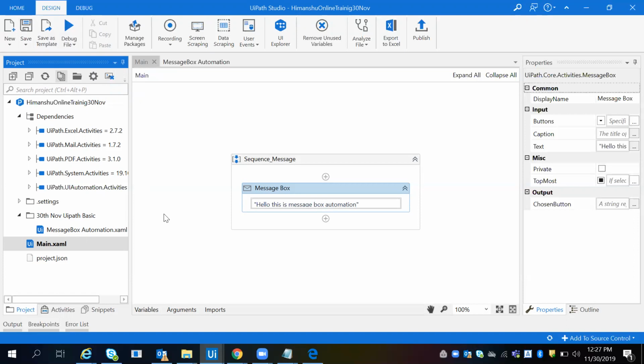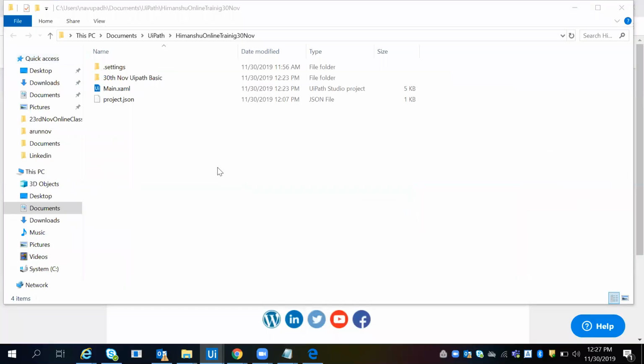Coming to the message box part: suppose we are getting the OK button every time in a project, every time you have to click on it. That is very irritating. Suppose you have passed more than 5 to 6 OK buttons, or like 50 outputs.